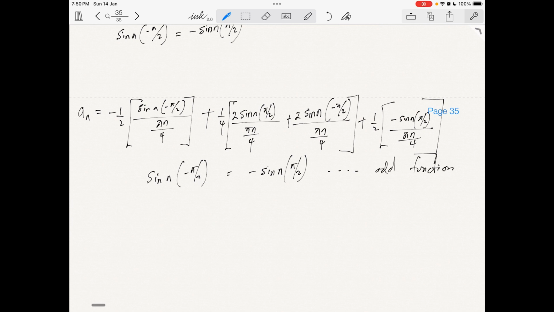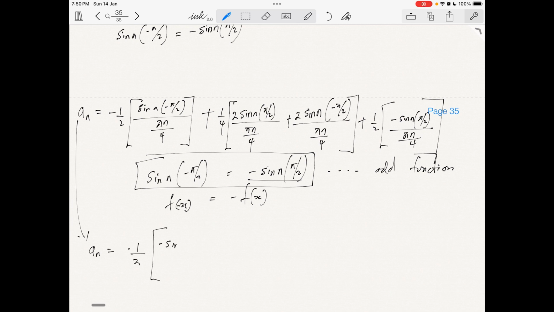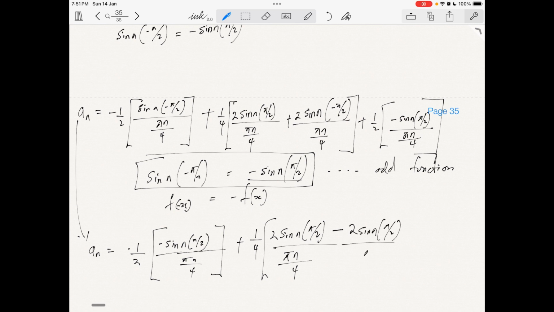The sine function is an odd function such that f of minus x is equal to minus f of x. So wherever we see sine of n minus pi over 2, we can replace it with minus sine of n pi over 2. So we continue, an is equal to minus 1 over 2 into minus sine n pi over 2 divided by pi n over 4, plus 1 over 4 into 2 sine n pi over 2 divided by pi n over 4, minus 2 sine n pi over 2 divided by pi n over 4,